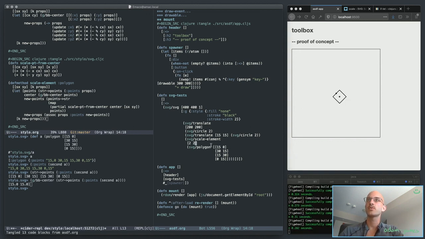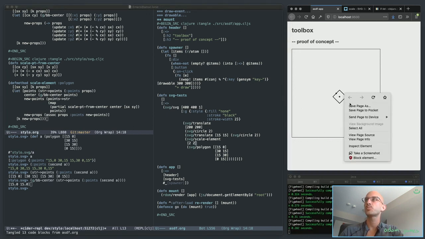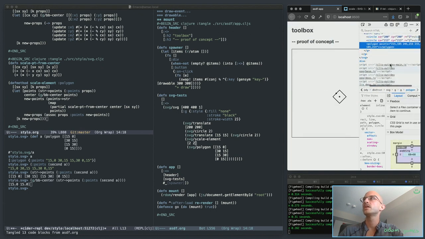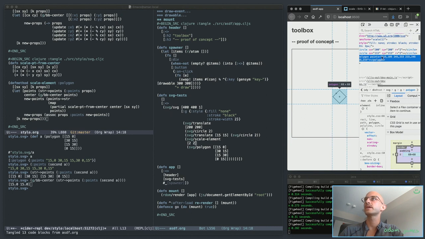And so now, I should see these points. The points that define the polygon are just hard. The calculation occurred as I